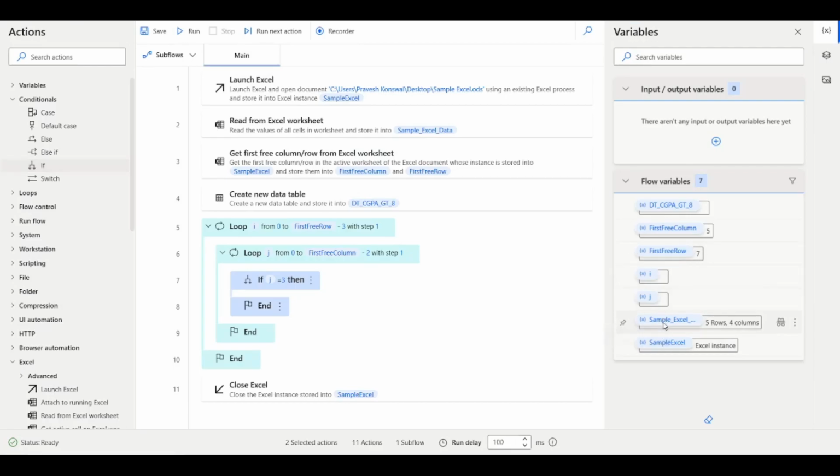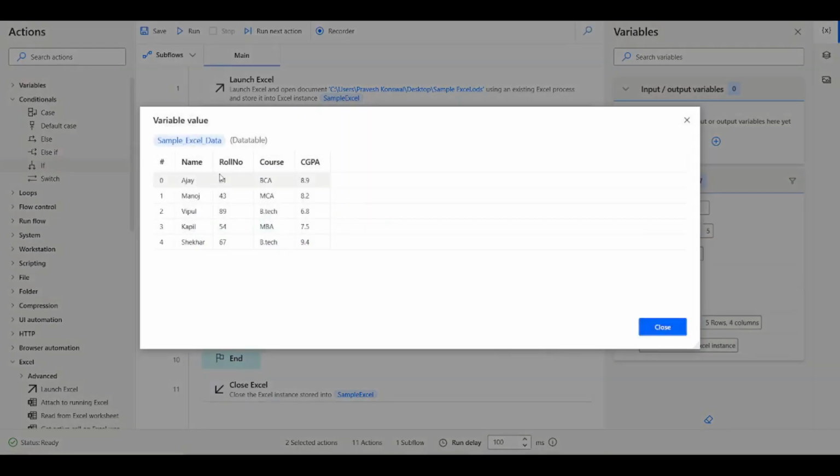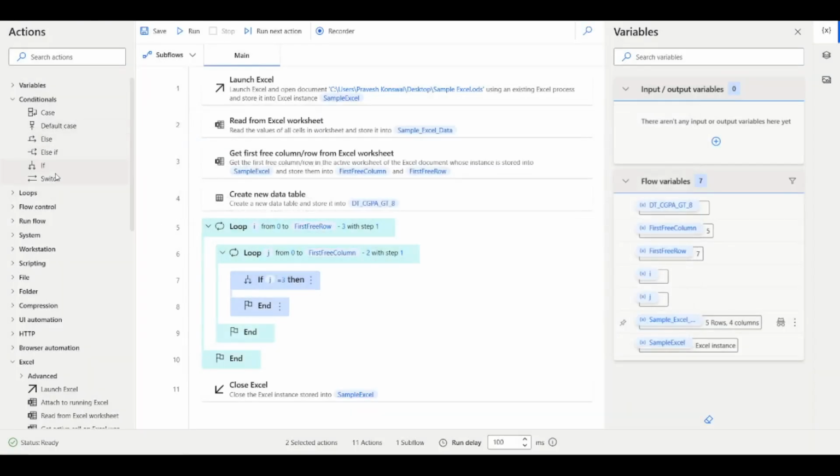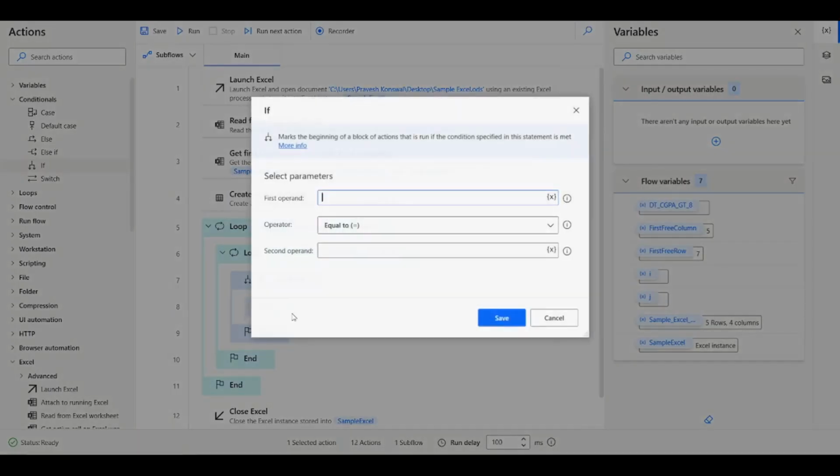If you open the sample Excel data, see the 0, 1, 2, 3. I told you, name is 0, roll number is 1, course is 2, CGPA is 3. So in our third section we have our CGPA, right? What I am saying is, if our j is 3, if our j is inside this CGPA panel, then check. Then what you need to do is, then check first